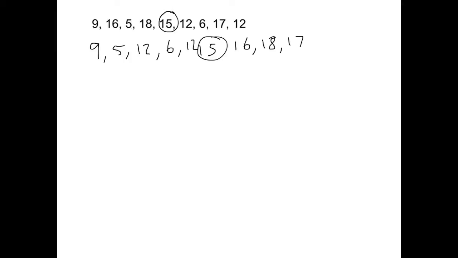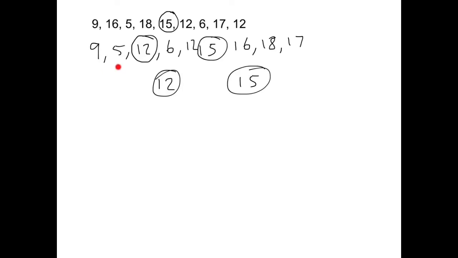So I'm going to do the one on the left first of all. I'm going to identify 12 as being my pivot. So what I'm actually going to do is write that one again, and I've got 15 as my pivot that I used previously. And I'm going to take each of the numbers